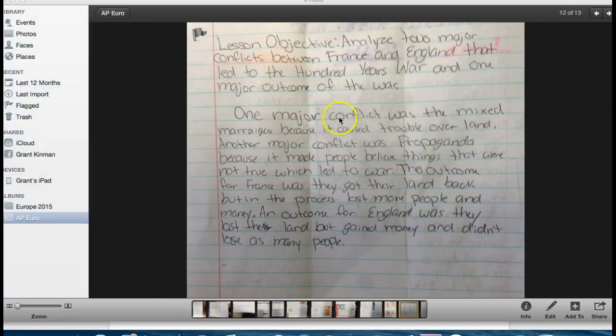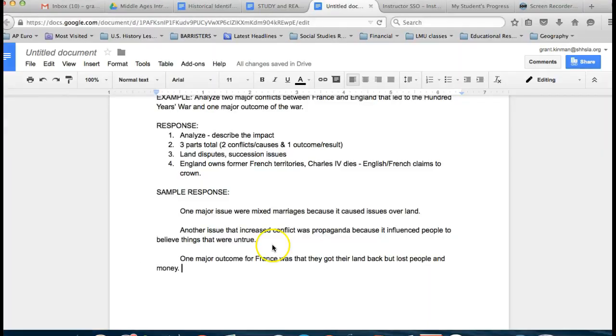I'm going to go ahead and record the 3 major points, and I'm going to take off the last one because we only need one outcome of the war. So I'm going to record these 3 major points in my notes, and would you do the same? And then we're going to add the analysis to make this a short answer response that would definitely receive a point on the AP exam. So go ahead and record from the beginning to the second outcome here. Alright, so you've recorded this. One major issue were mixed marriages because it caused issues over land. And then these other 2. So let's bring our